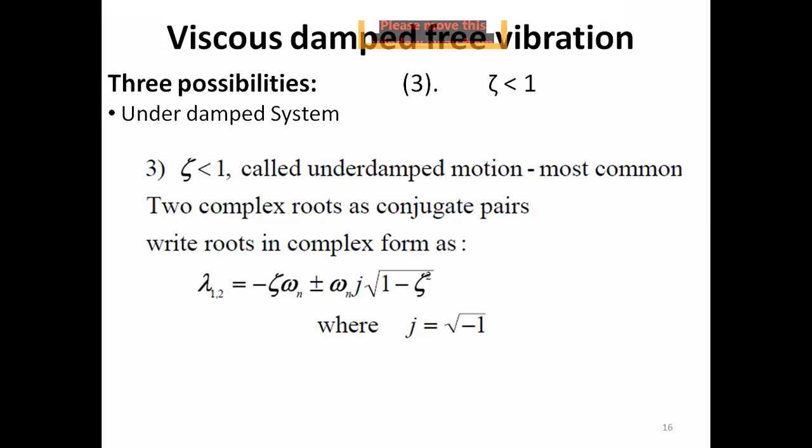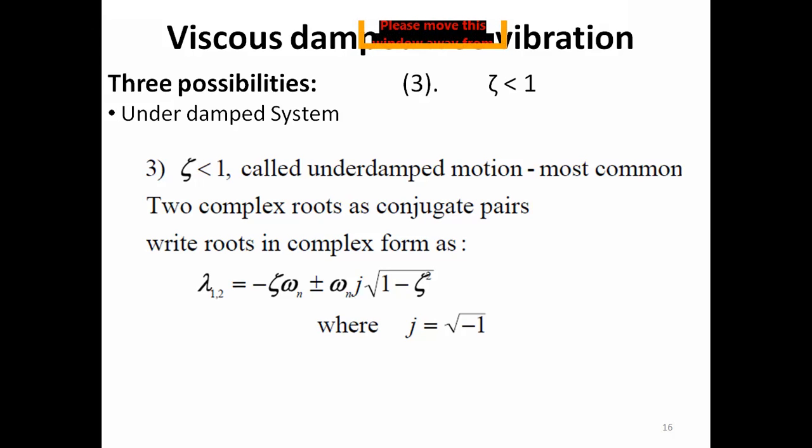In all of the vibratory systems, the systems which are actually vibrating under free vibration, remember that under free vibration, if we disturb the system and that system vibrates for some time, it means that zeta is less than 1. The damping ratio is less than 1 for that system. It means that the actual damping in that system is less than the critical damping.